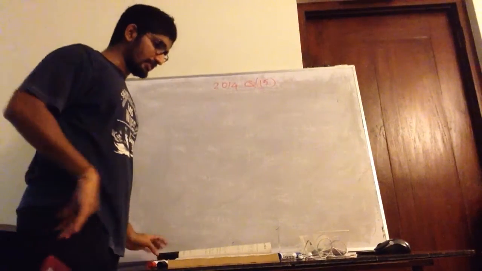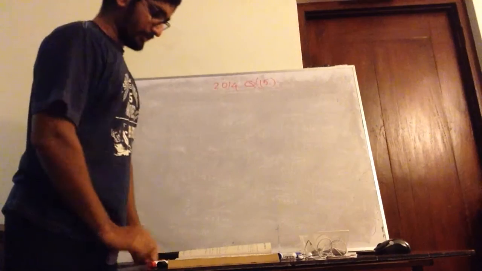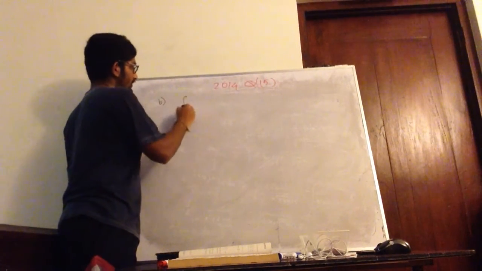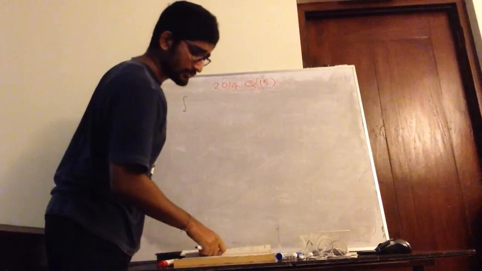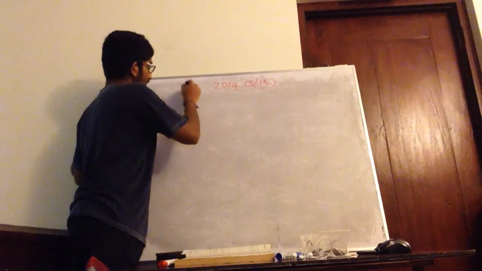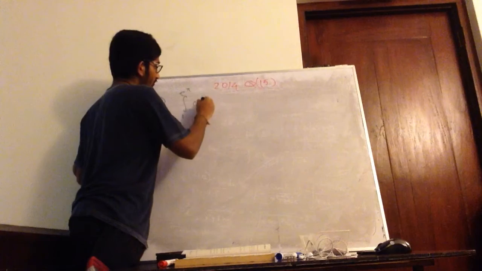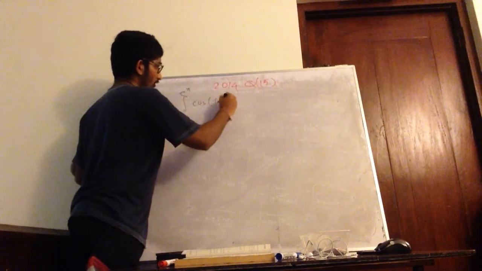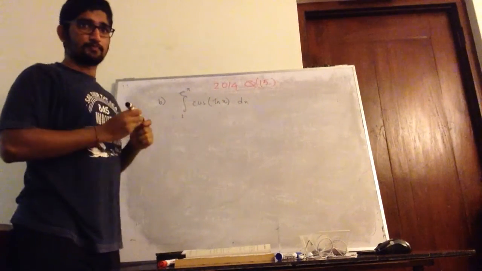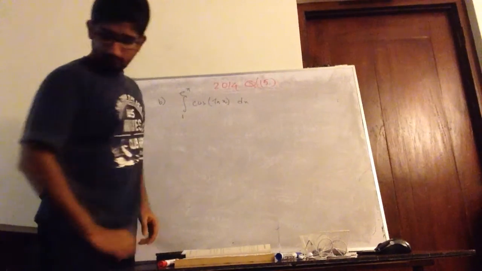Right, so the next section is using integration by parts. We need to prove something. So the second section says the integral from 1 to e^5 of cos(ln x) dx. Right? So now here what we need to do here is,